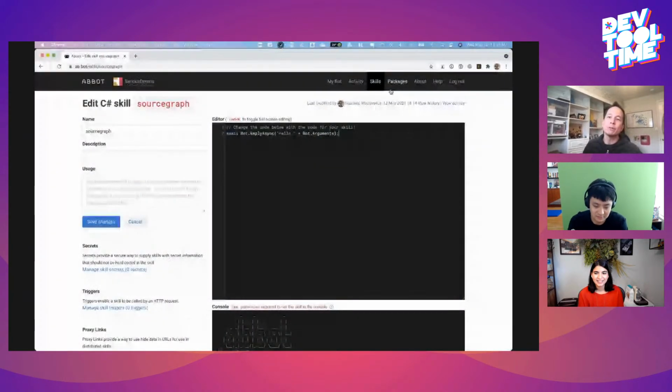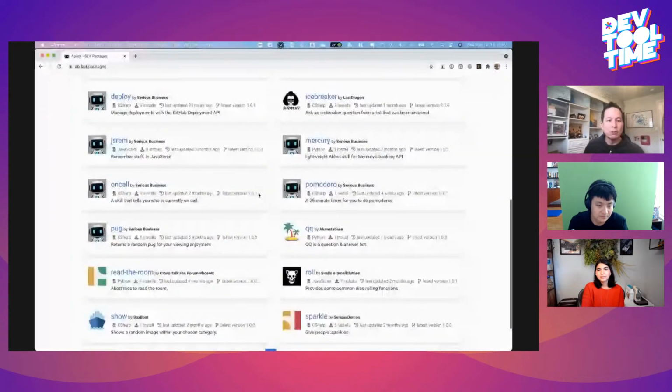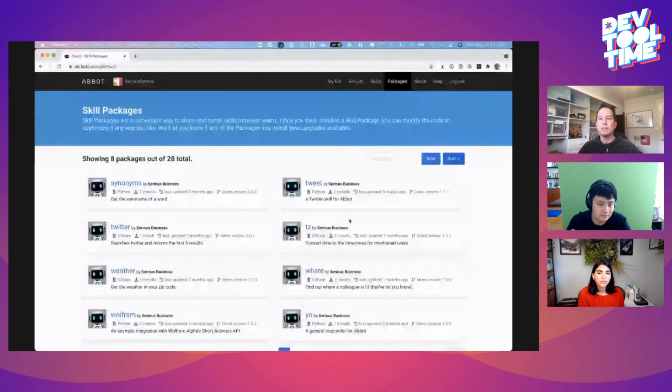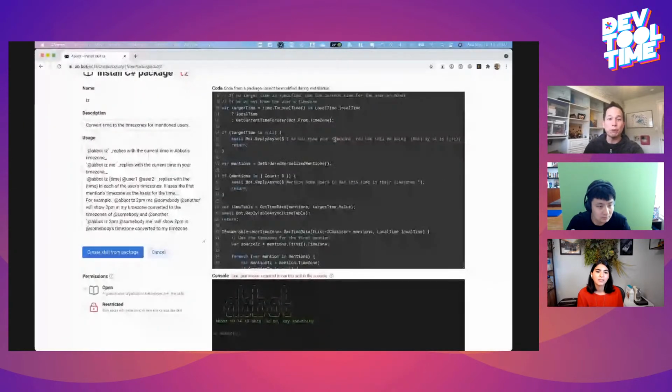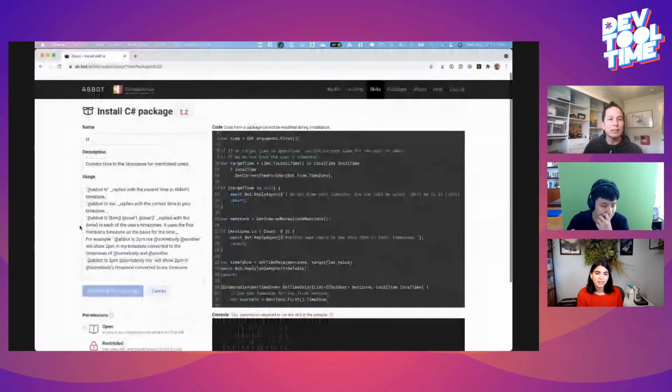The really cool thing, though, what we're trying to do here is we want to have a whole catalog of skills that others have written. So let me find one useful. Because a lot of times, like with Hubot, you find these skills in these repos and you have to figure out how to deploy them. Yeah. But I wrote this TZ skill for time zones. So I can click here, I can install it. You can review the code before it installs. And then I create a skill from that package. So basically in a couple steps,